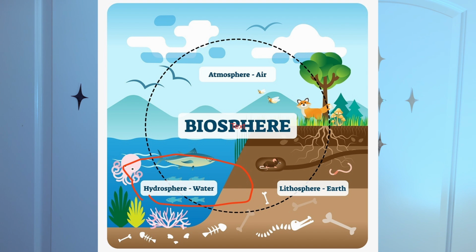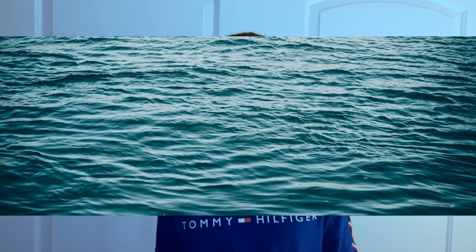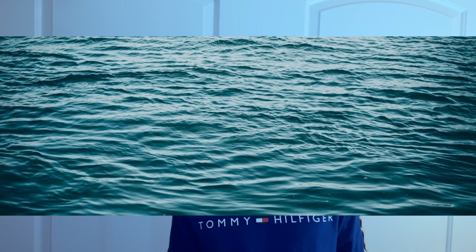We have the hydrosphere, which is probably the main and the biggest section of the entire biosphere, and hydro means water. So hydrosphere means the section of the biosphere where water occupies. Water, like our oceans, our lakes, our swamps, is part of the hydrosphere. And the hydrosphere has a lot of life, like fish, frogs, different kinds of life forms. It is one of the most important components for every other part of the biosphere.